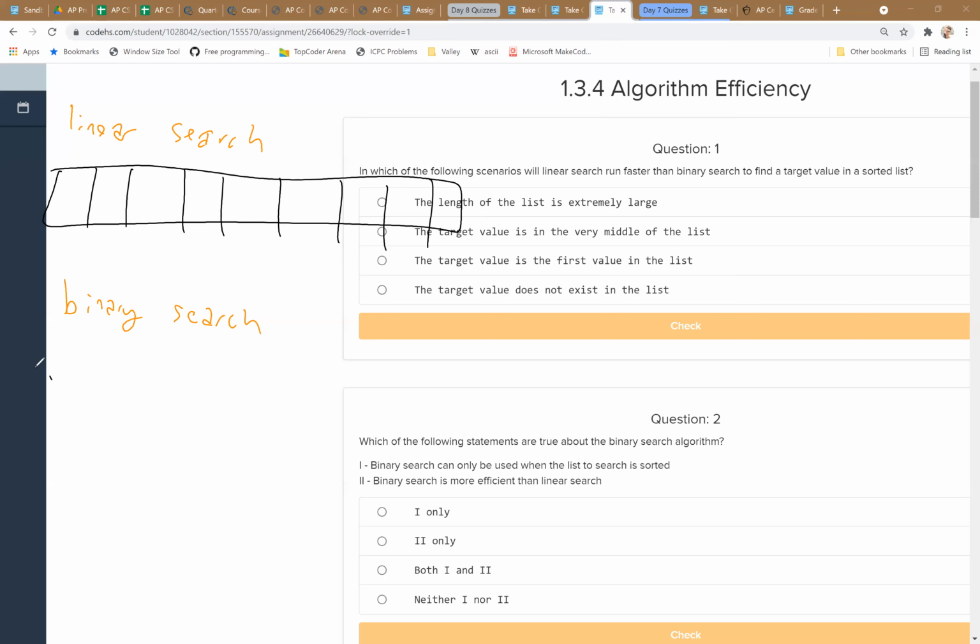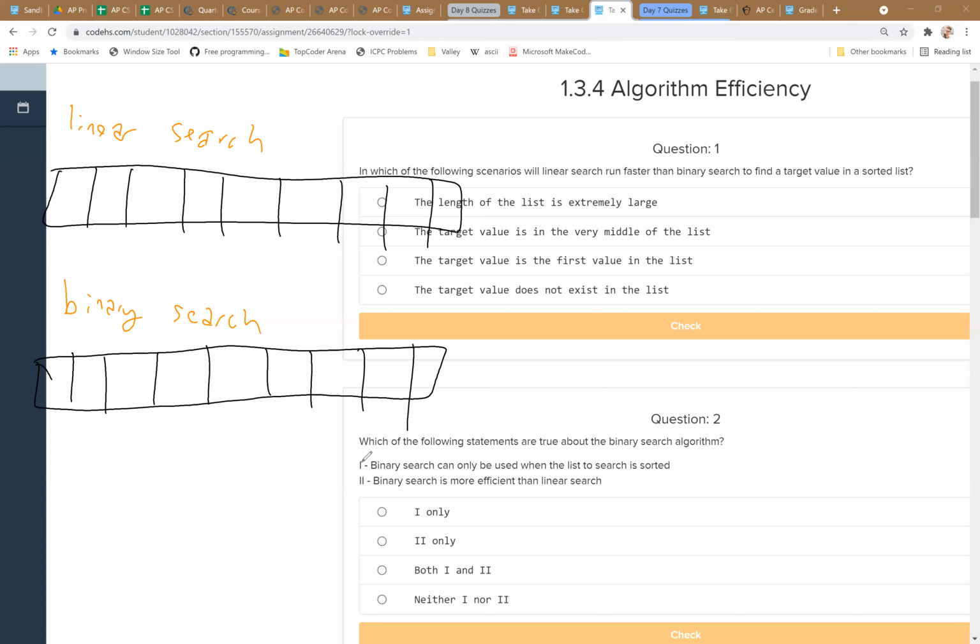Binary search, on the other hand, does require that the list be sorted beforehand. And the way it works is it's going to find the midpoint of the array. So I have 1, 2, 3, 4, 5, 6, 7, 8, 9 squares. The midpoint is going to be at index 4, because we're going to divide by 2, and we want an integer division, so 9 over 2 is 4.5. We round down. So with our indices 0, 1, 2, 3, 4, 5, 6, 7, 8,